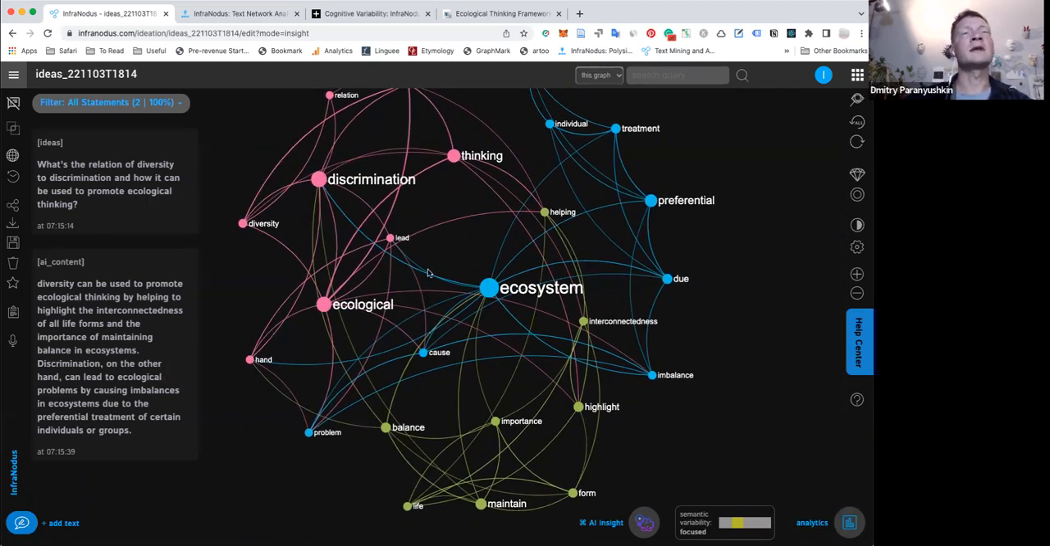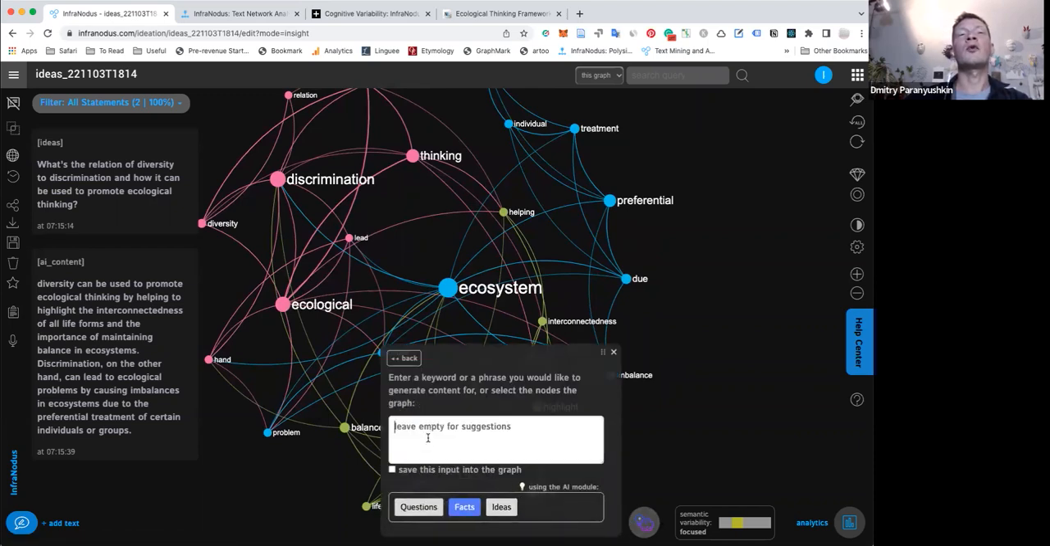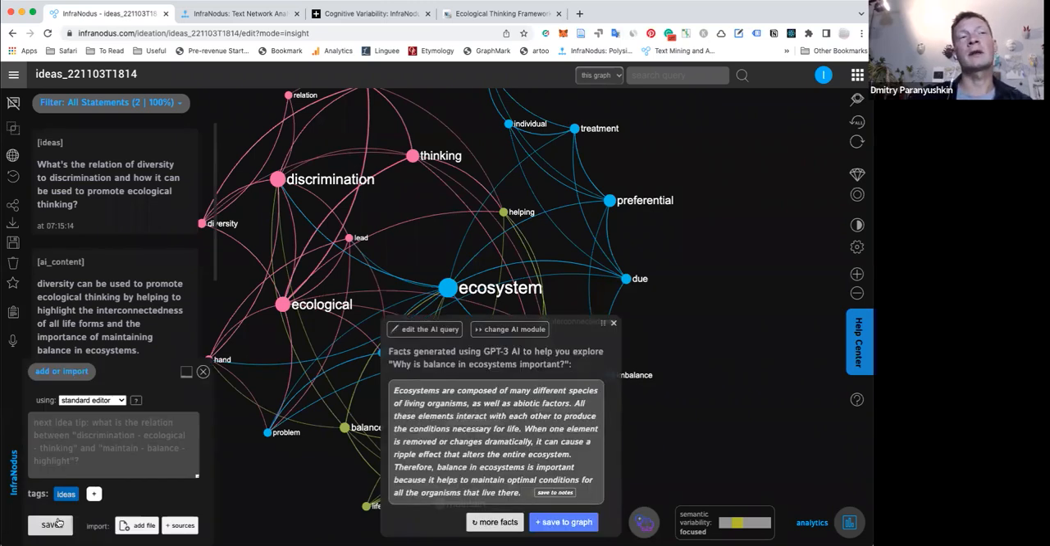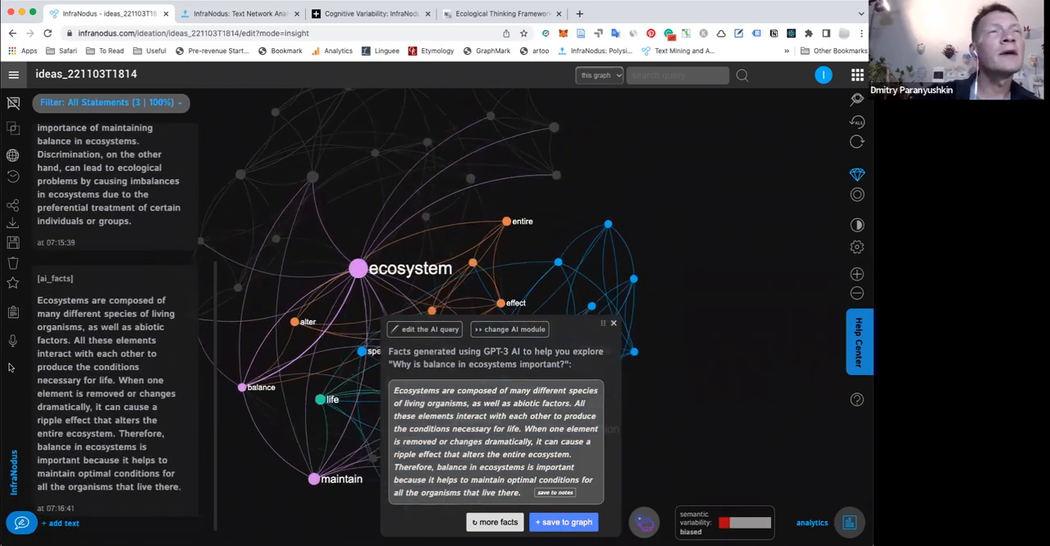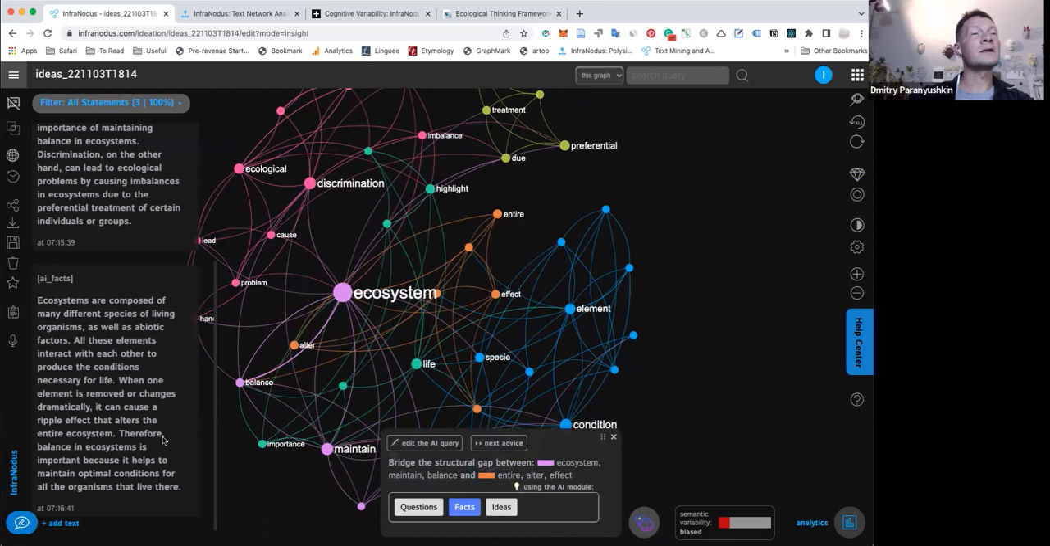There is this interesting idea about ecosystems and interconnectedness and balance. So I would say, okay, why is balance in ecosystems important? And try to generate some facts in relation to the subject. I can also generate questions, then I'll have to answer the question, and I can easily edit them here, my own answer. So here it's explaining why it's important for ecosystems to be diverse, and how it makes them probably more adaptable, and also help each other